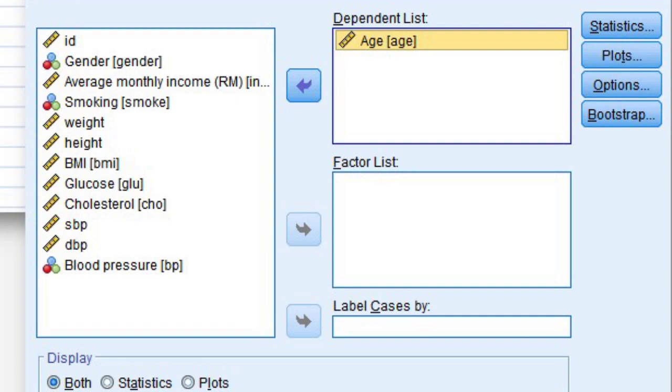Once you click on Explore, you are going to get the Explore window. Here on the left-hand side you can see all the variables I have made for my research, and I have already moved age from this side to this side. Age you have to add into the dependent list box. Any variable for which you want to find out whether the data is normal or not normal, you have to add into the dependent list box.